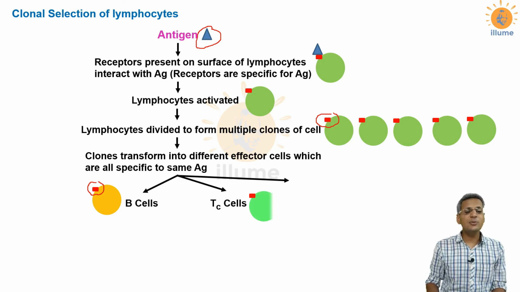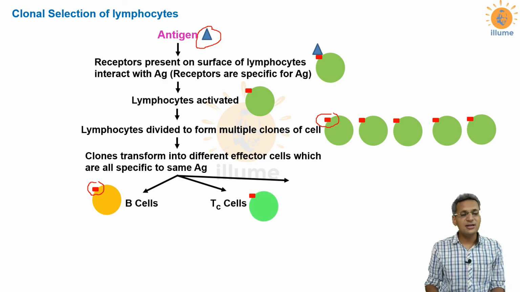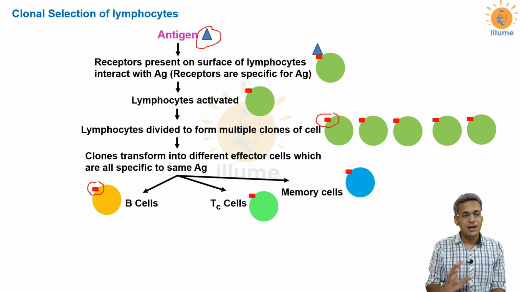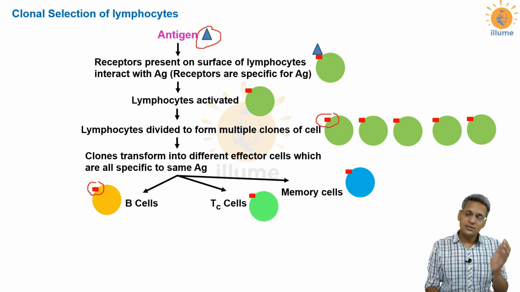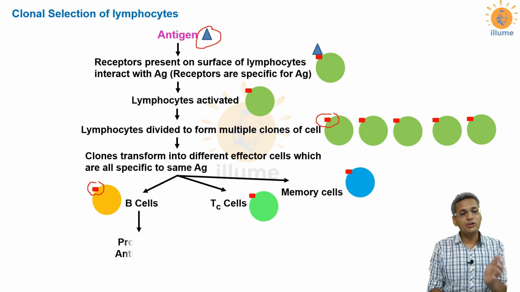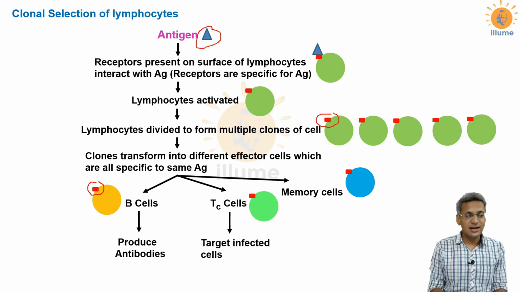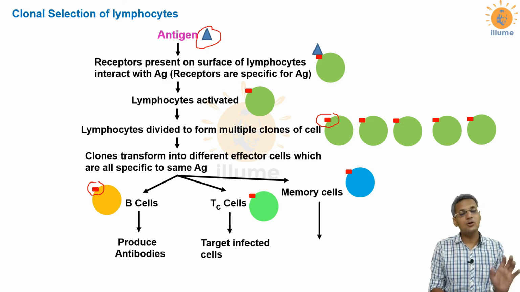The second transformation occurs in the form of T cytotoxic cells, again with the same receptor that would fight against that same antigen. And the third ones are the memory cells, and the same receptor would be present even on their surface to fight against those antigens. B cells would produce specific antibodies that would fight against the antigen. Cytotoxic T cells would directly target the infected cells, and memory cells would be present in your body for a long time,